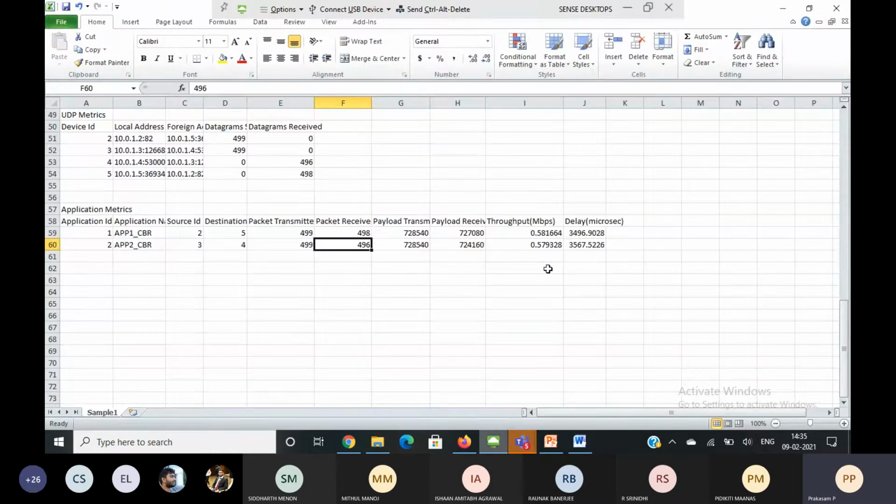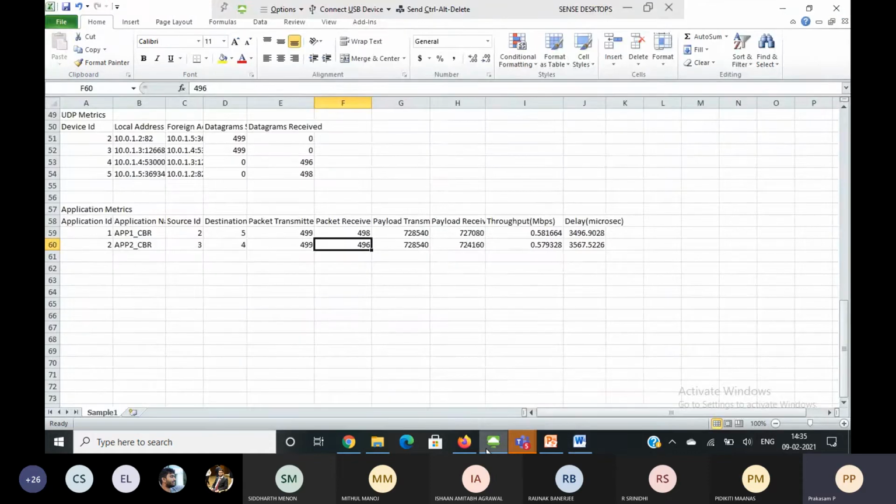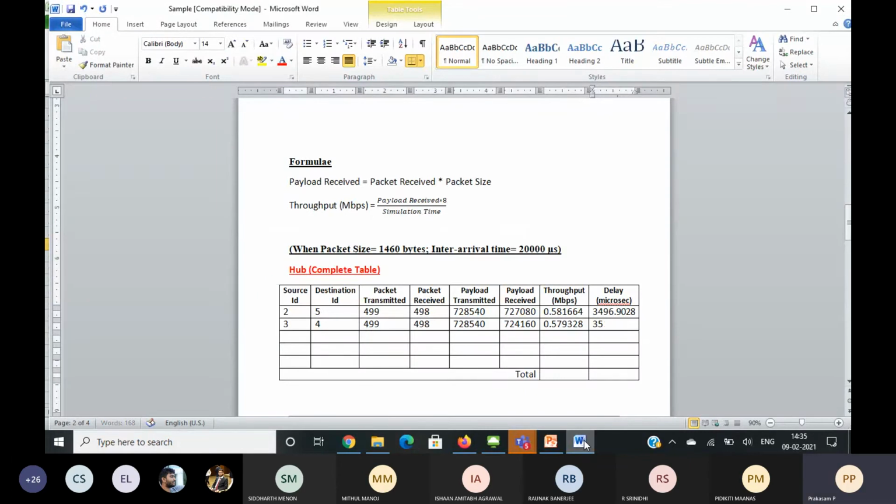Then throughput 0.579328. Delay 3567.5226. So this is nothing but the respective throughput as well as the delay for the given applications.